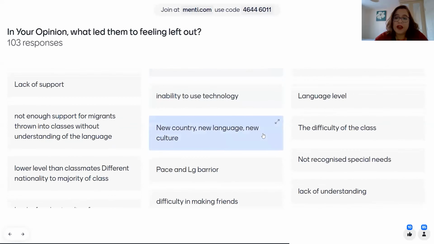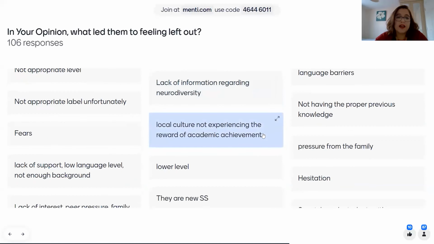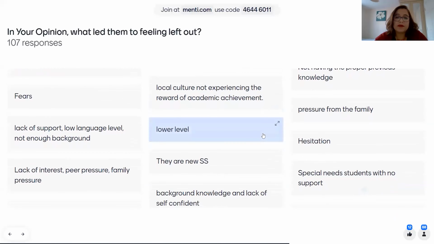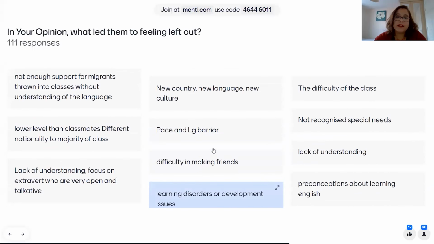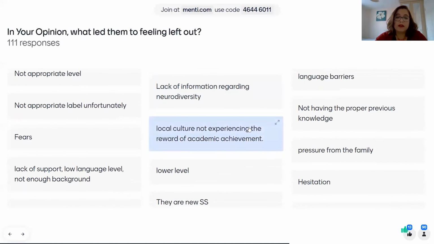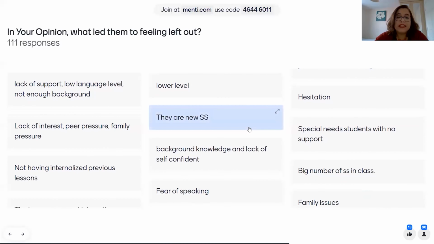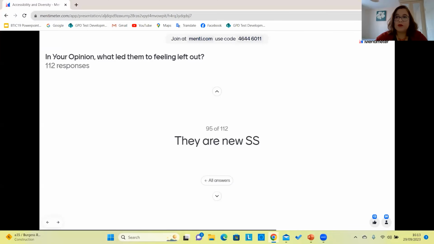So just from scanning through these answers, I've identified a couple of themes here. We have neurodiversity that has been mentioned, as well as background. The level of English is a big theme as well, and hopefully we'll get the chance to talk about it. Not in detail in this session, but it is something to definitely be aware of. So thank you so much for playing along.